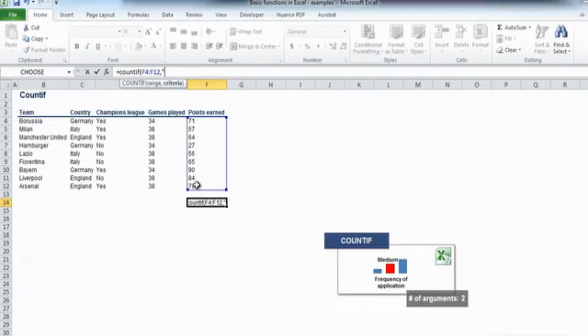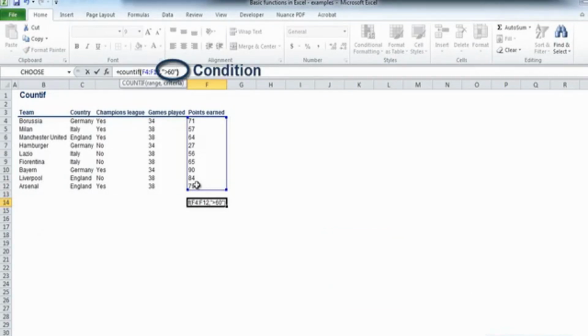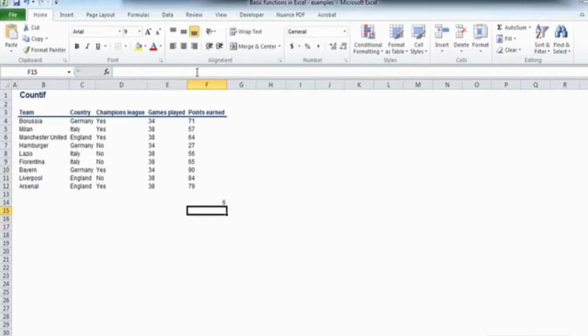In our case, their value has to be higher than 60. Please note that I can enter a condition as a hard number as well, typing quotation marks, higher than, and the number. Once we are ready, we can press enter and see that 6 of the 9 teams earned more